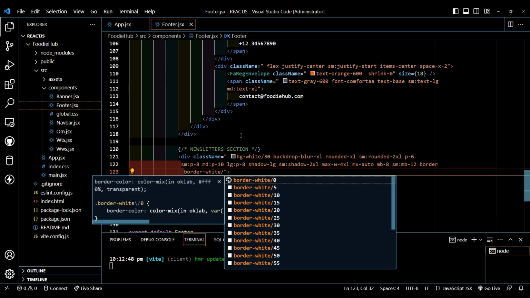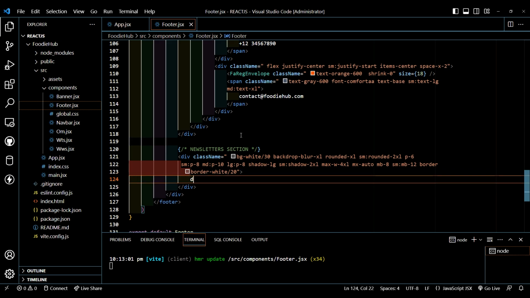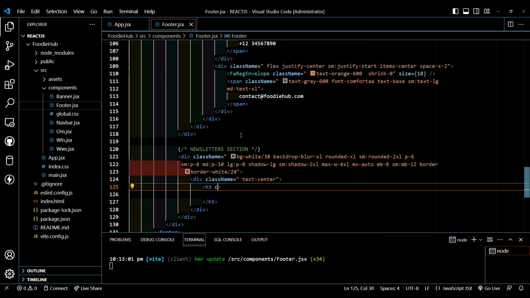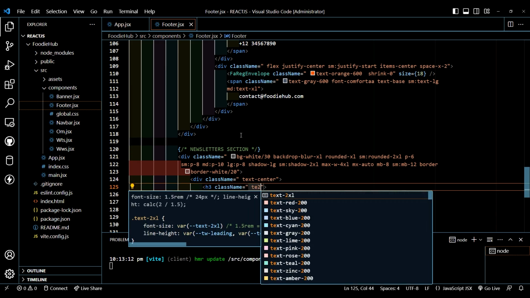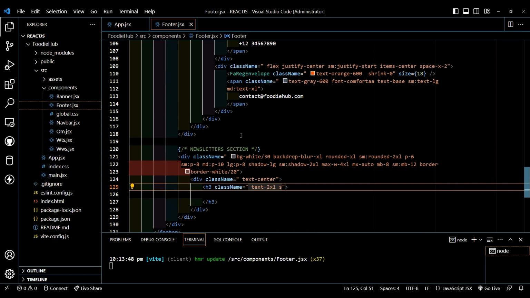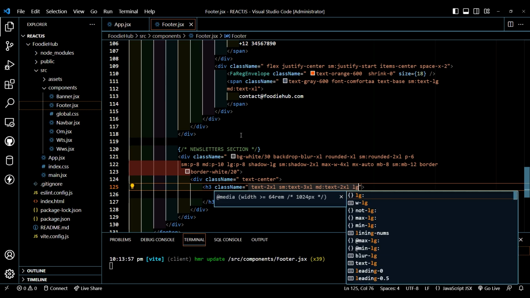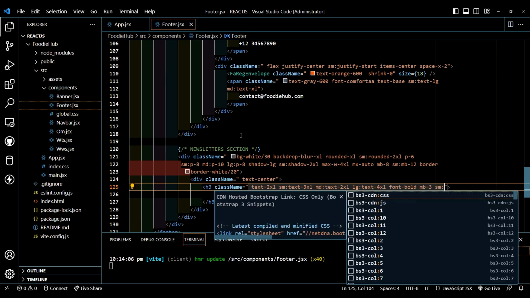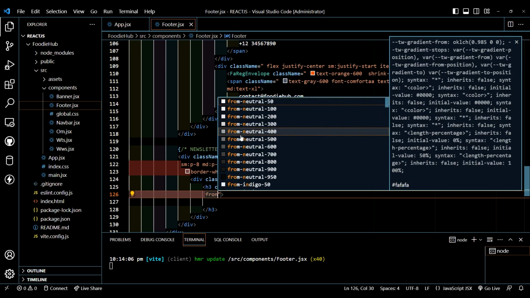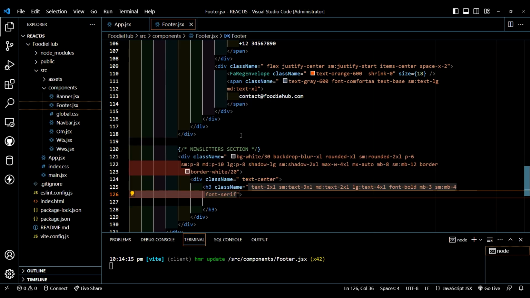mx-auto, margin bottom will be 8, for smaller screens margin bottom will be 12, border white/20. Now let's create a div, class name text-center, create an h3 tag, class name text-2xl, for smaller screens text will be 3xl, for medium text will be 2xl, for large text will be 4xl. Font will be bold, margin bottom will be 3, for smaller it will be 4. Font will be serif, tracking wide,